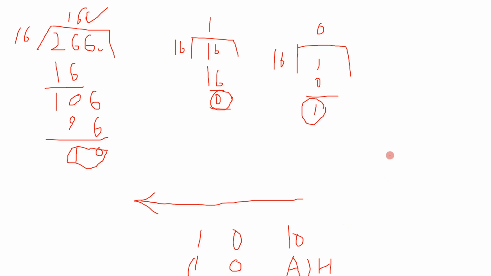As you can see, this 10A, the result which we got, is greater than 1 byte. This is the lower order byte and this is the higher order byte. There is nothing here, so I will write 0. So we are getting an answer greater than 1 byte. We are getting a 2 byte answer.